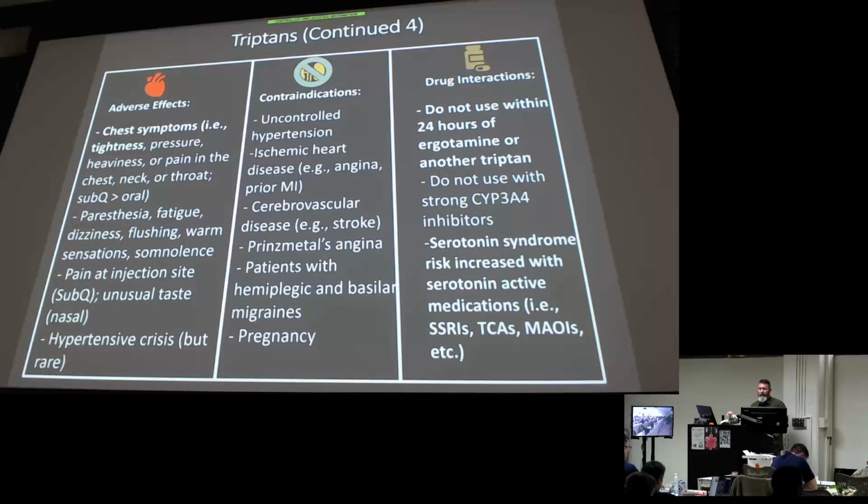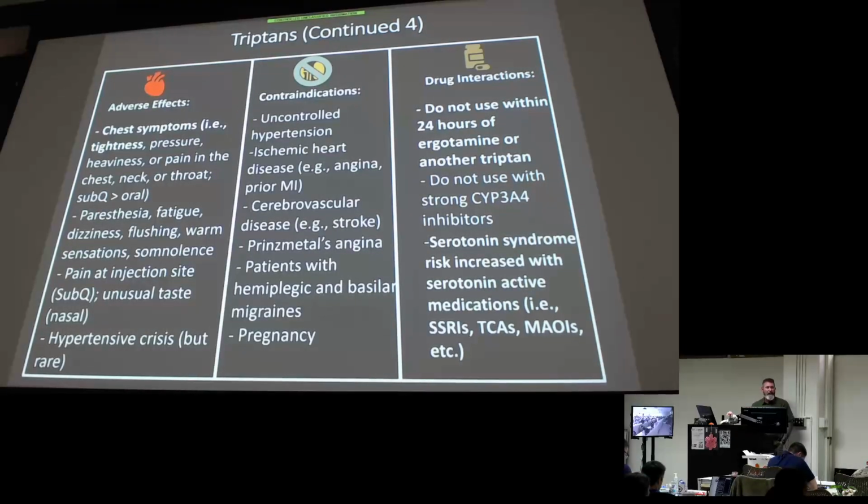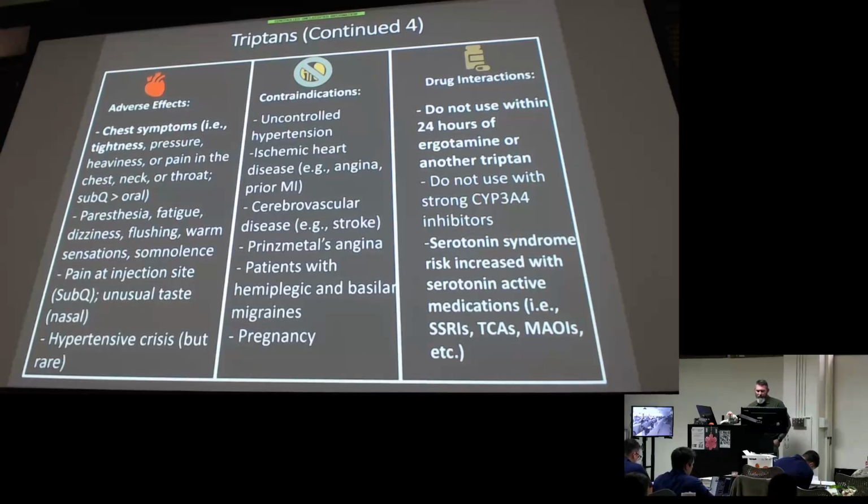So I can tell you that boards love to say everything classic for a migraine, and in the history they're going to say the patient had a past MI or is diagnosed with coronary artery disease, and it's going to ask about giving triptans. Contraindicated, right? Contraindicated. Right off the slides. And just make sure there's nothing else I want you to know.